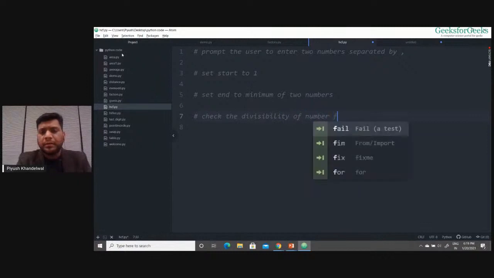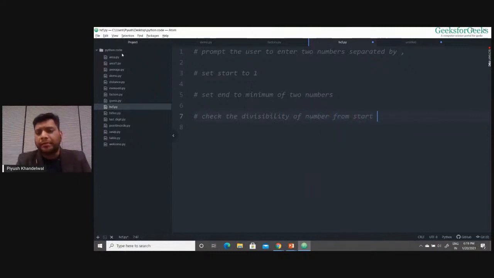If I find a divisor that divides both the numbers, that is going to be our probable HCF, so I update the HCF.